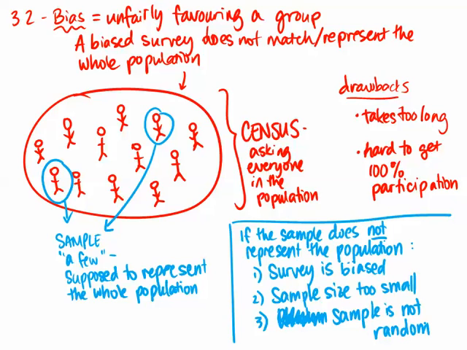Exactly like bias, if I don't mix up or if I selectively choose particular people and it's not totally random, then my results might not totally match everyone in the population, or what I would get if I had a census. So in order to eliminate bias, a couple of things I could do is change the survey, since some of the questions might be unfairly phrased. I'll increase the sample size and I'll randomize the sample as well. So take a look at some examples in the textbook and we'll look at the ones in class of different types of surveys and we'll examine if they're biased and whether or not that sample will represent